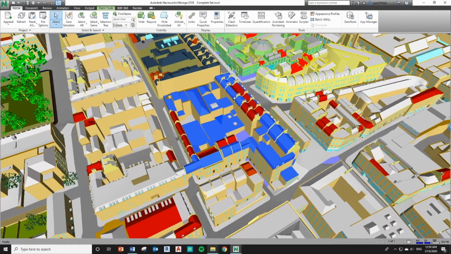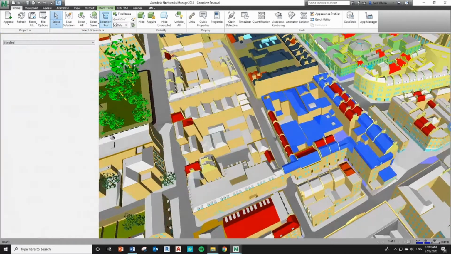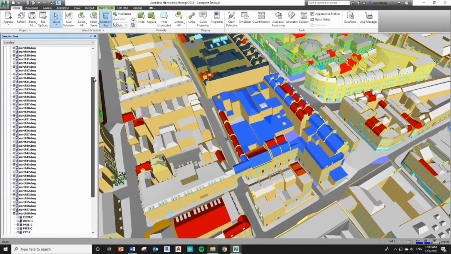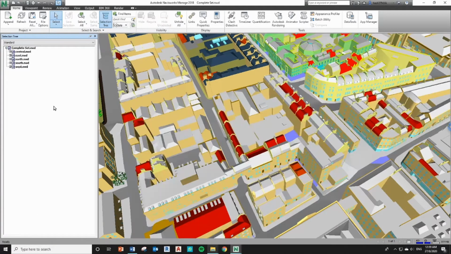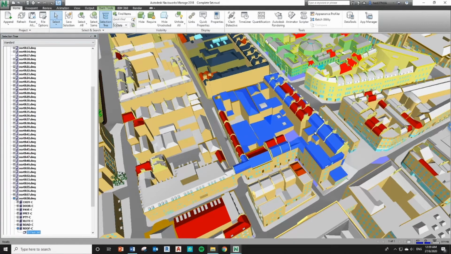So to know where this model belongs to, or under which file it belongs to, you can simply go to Home tab. Under the Select and Search panel, click on Selection Tree, and you can see from here. So this belongs to the North Zone.